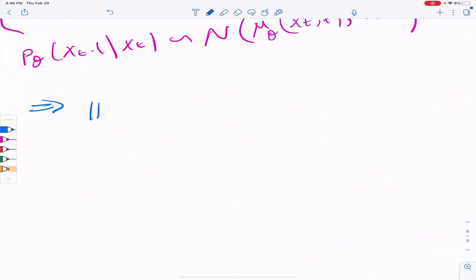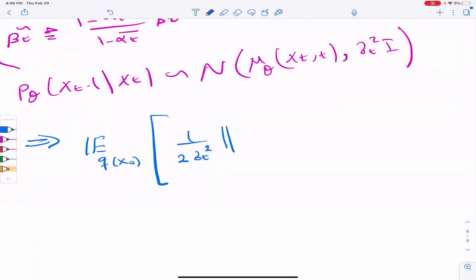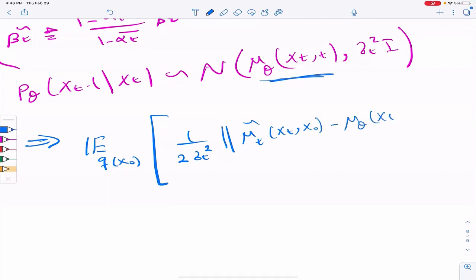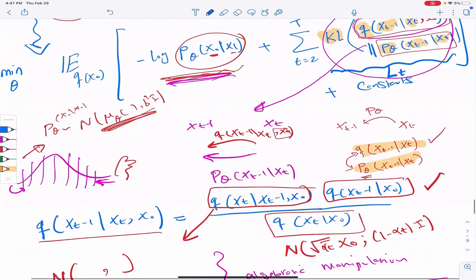I'm going to get the expectation over q of x0, of 1 over 2 sigma t squared, times the squared difference between the mean of my other distribution, mu hat t of xt and x0, and mu theta of xt and t, plus some constants. Okay, so basically I simplified this minimization